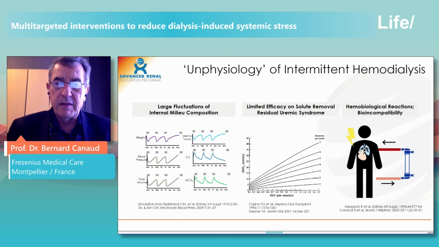But the second aspect, in the middle: if you consider the Casino concept, which is based on the equivalent of kidney function based on urea, you can recognize that delivering adequate dialysis, 1.4, 1.6, three times a week, is just restoring about 15 to 20% of the kidney function. So we are far from optimal.